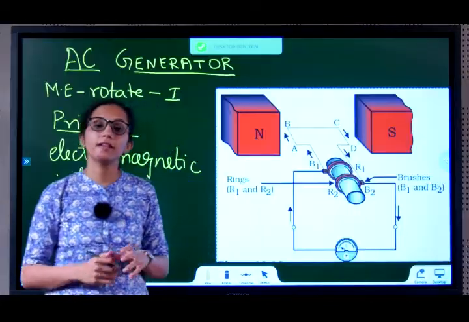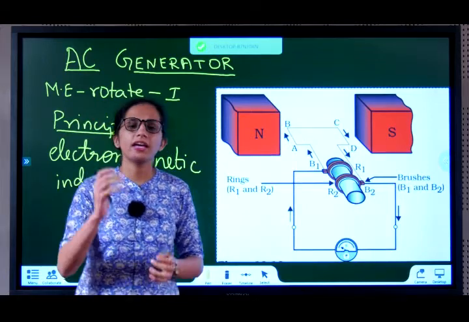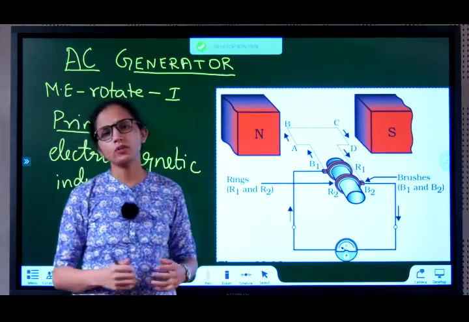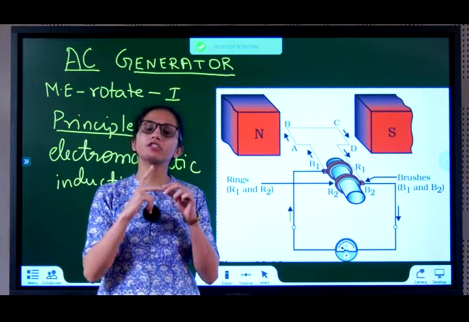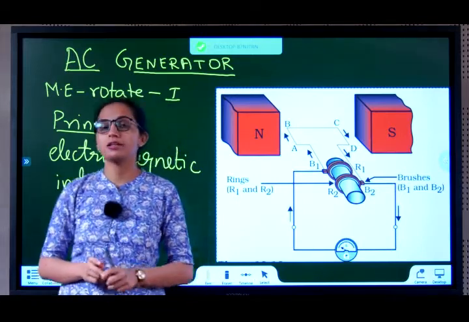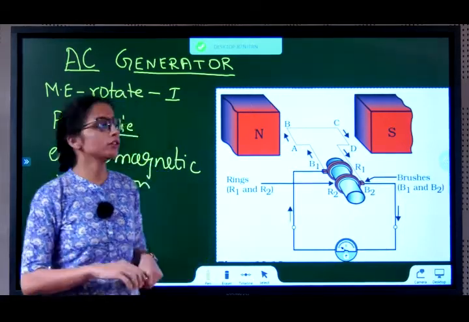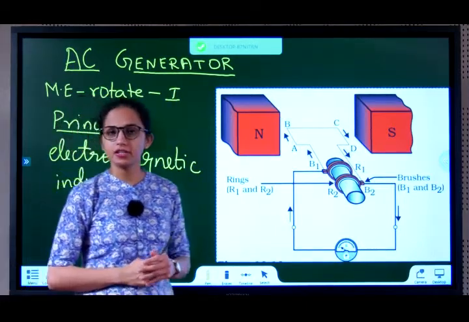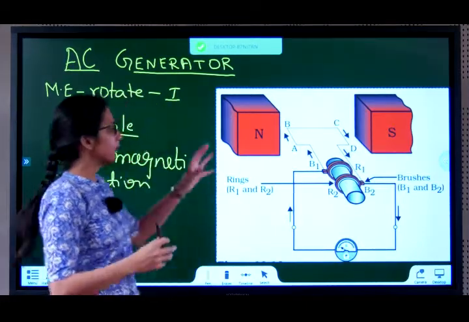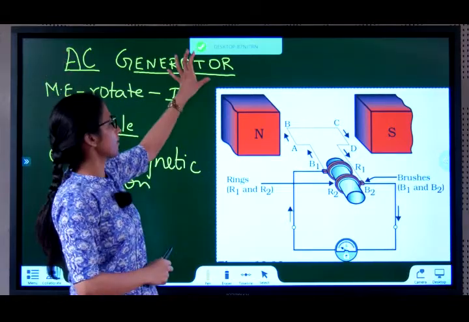We just learned Fleming's right hand rule. Where do we apply Fleming's right hand rule? Wherever we induce current, that's where we'll apply it, because the final answer, the result, gives you the direction of induced current. So where do we induce current? We induce current in generators, electric generators. Here we'll be studying the first generator, the AC generator.